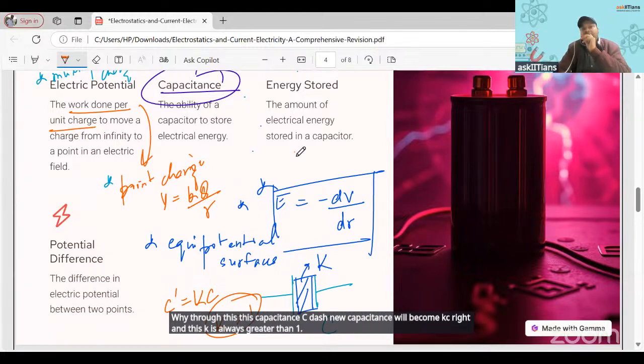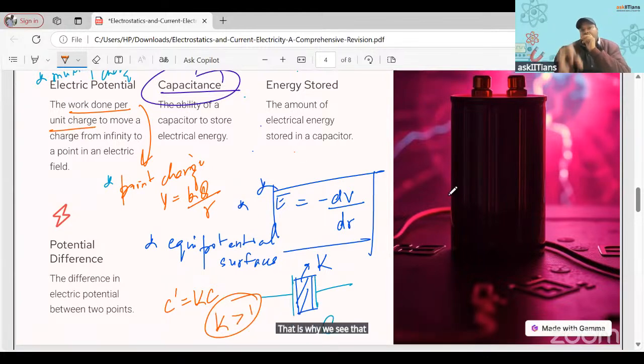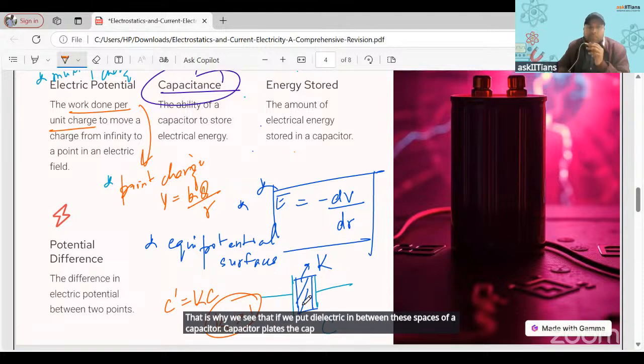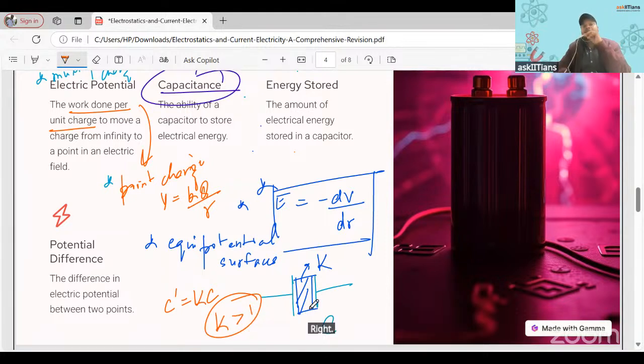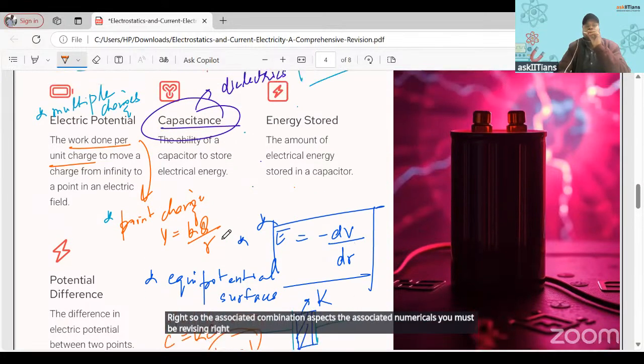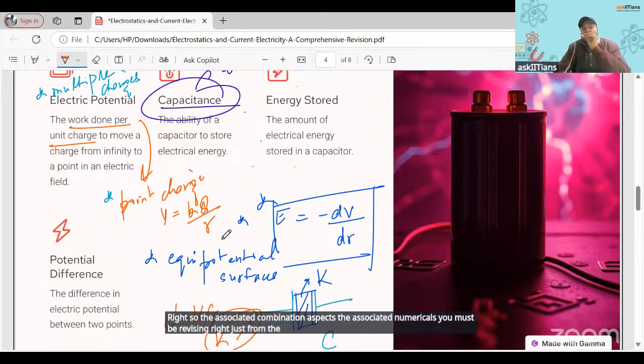So that is why we say that if we put a dielectric in between the plates of a capacitor, the capacitance increases. Right? So the associated combination aspects and numericals, you must be revising, right? Just from the NCERT level only, right? NCERT level is not